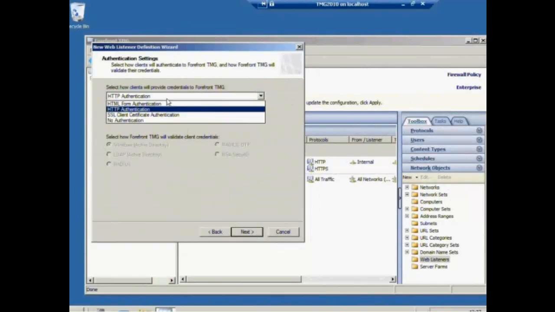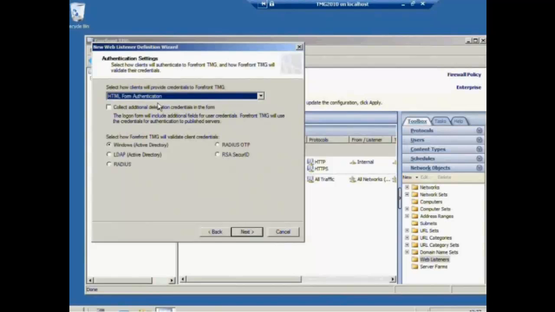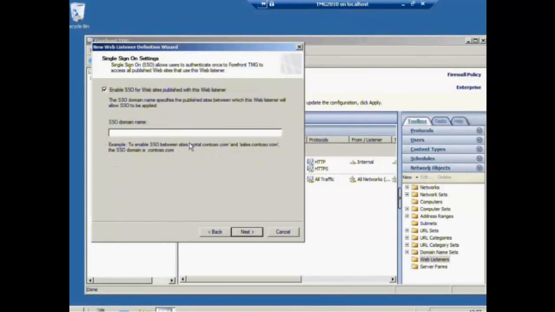and here we select HTML form authentication. You have to be careful that by default form authentication is enabled on the client access server as well. This will not work, so you have to change the authentication on the client access server from forms based to basic. But here we select form authentication.